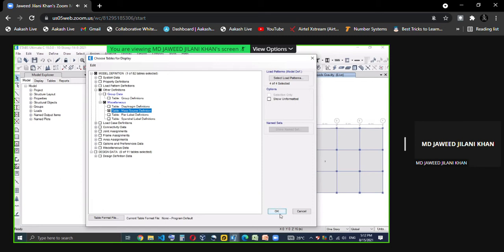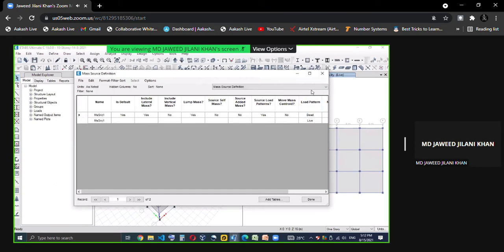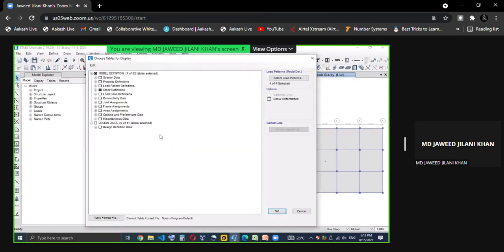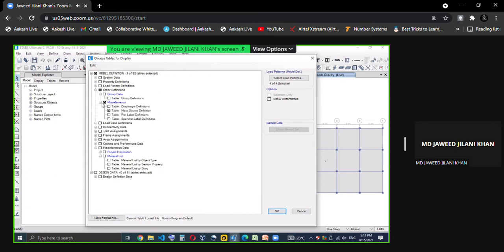So click OK. This is how we have given the mass source. Okay, now I need to go to display, show tables. This is the definition of the mass.